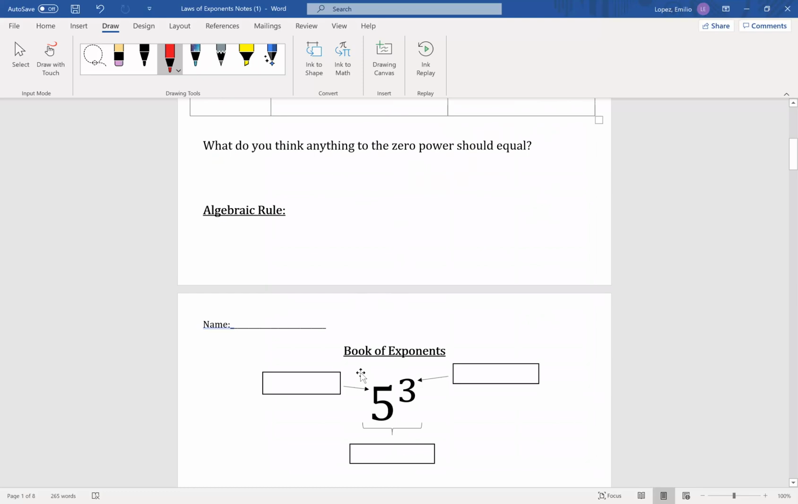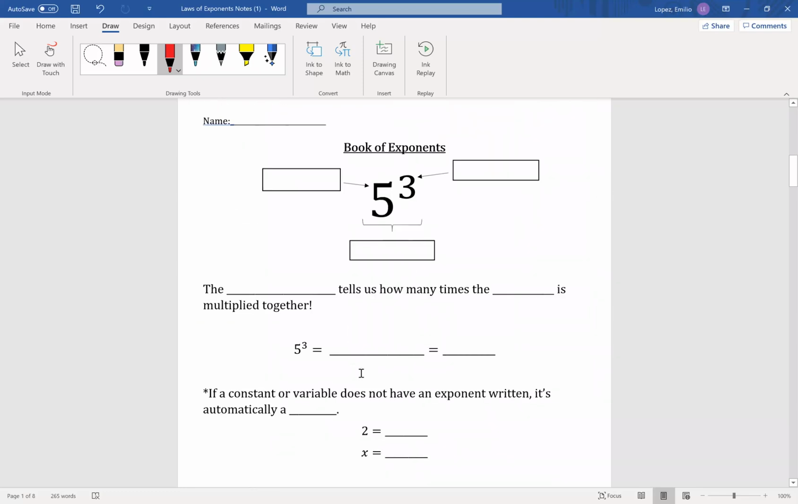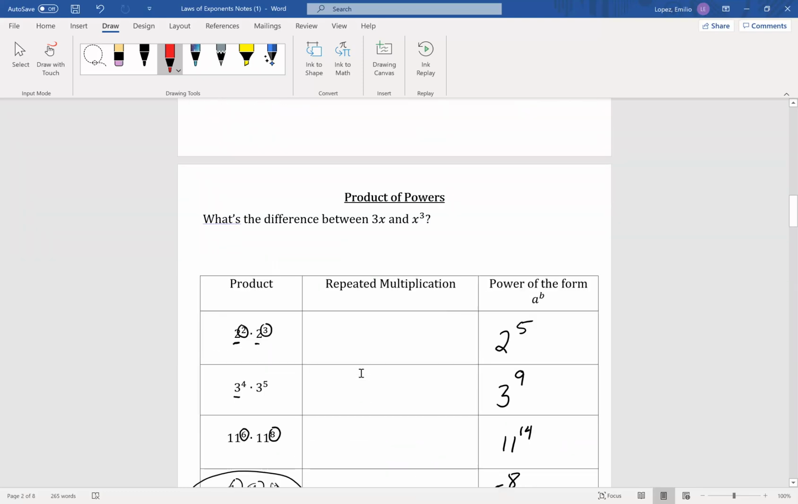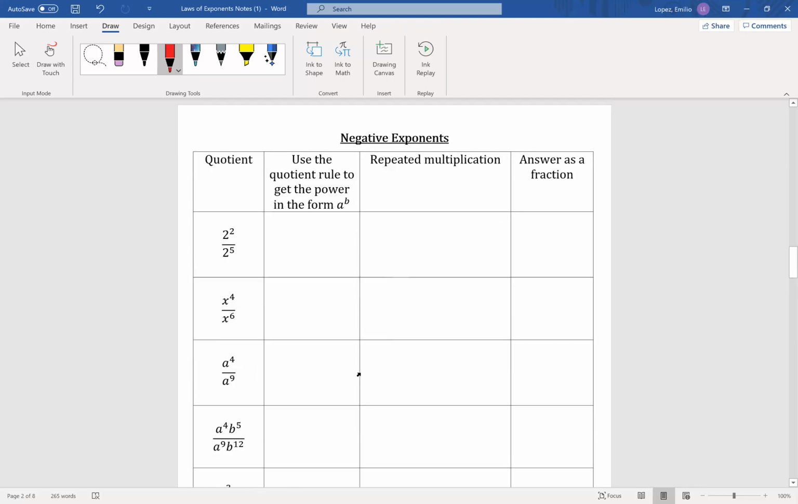All right, so let's move to a different page. My goal for all these notes is to keep them short. I don't want to make them go too long. Let's